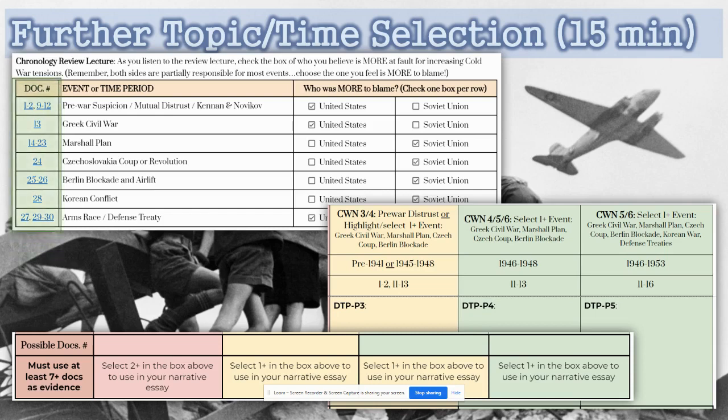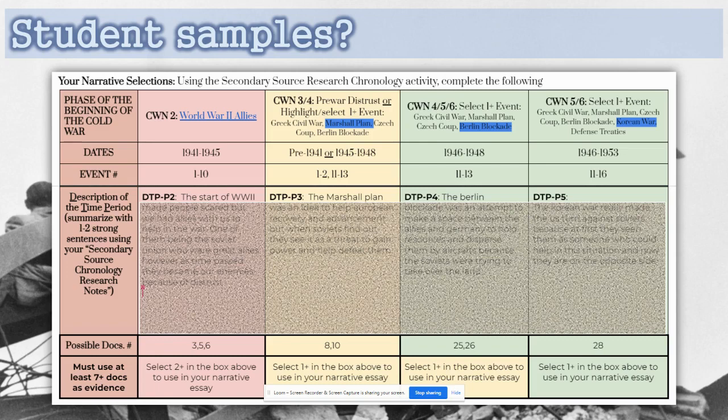You can use the paper copy that I'm providing or these elements here, and then go and decide which documents will support the points that you are making for each one. And so again, this is going to be completely up to you. And so you could have, and a sample might look something like this here, where you have selected these documents,